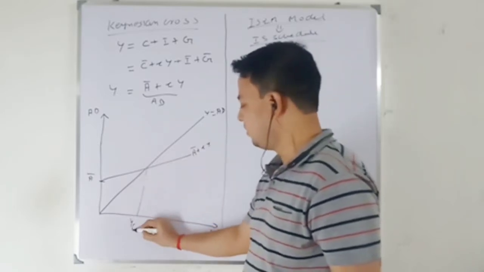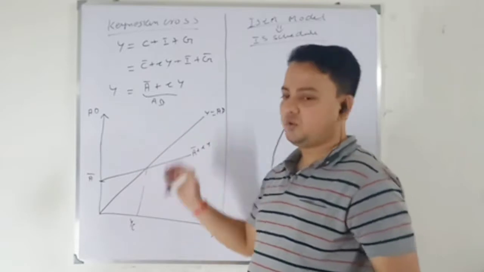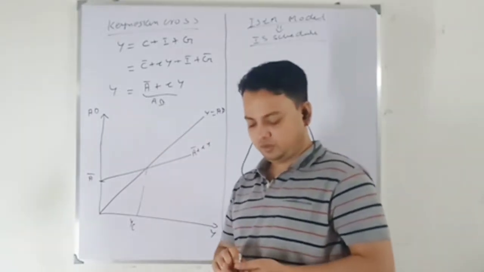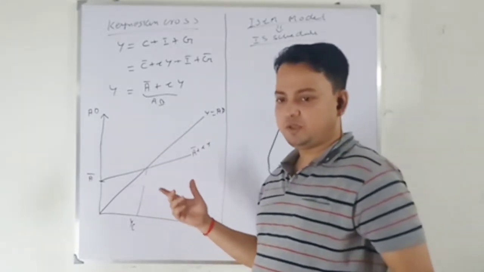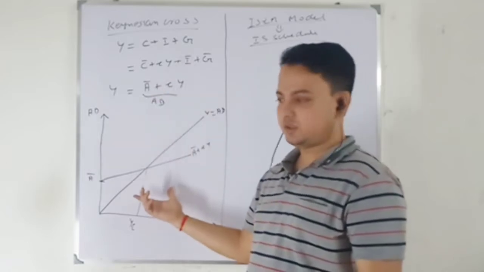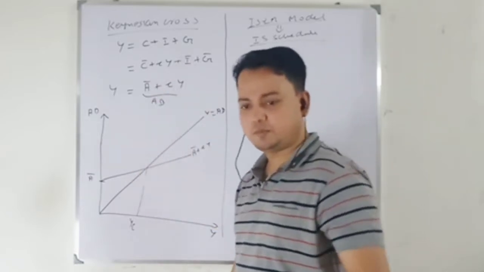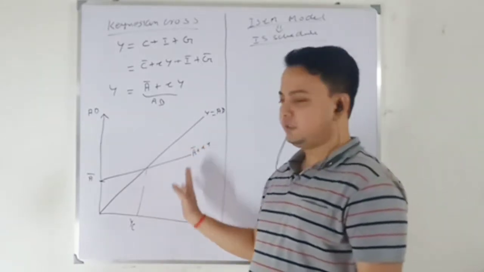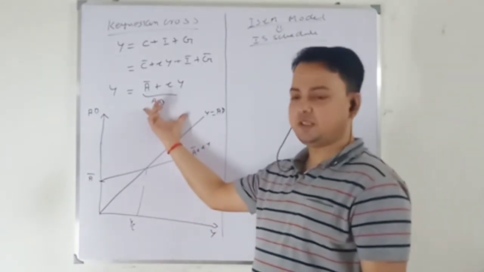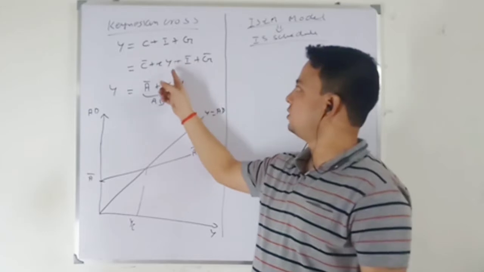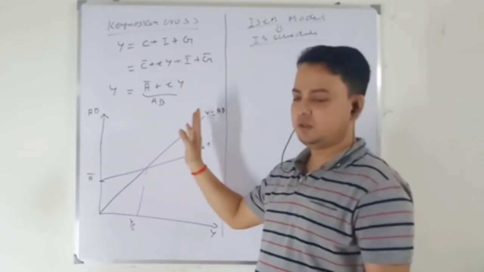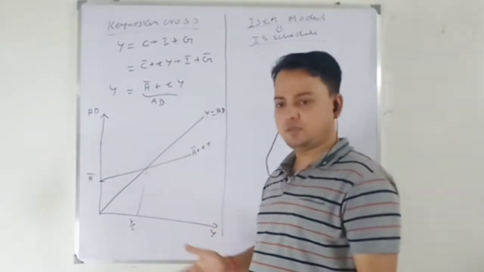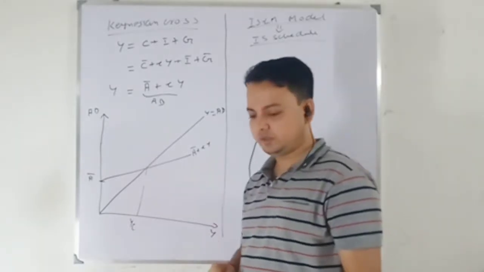This is my equilibrium level of income. So when you are writing determination of equilibrium level of income in the Keynesian model, you can use this equation and draw this graph and provide an explanation of that. So this is simple. Remember this part. Don't try to push disposable income, then it will become difficult to derive. Do it that way.